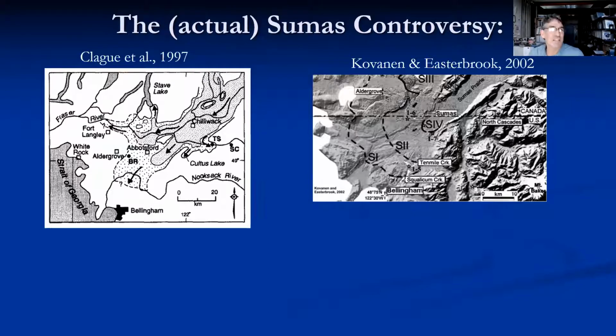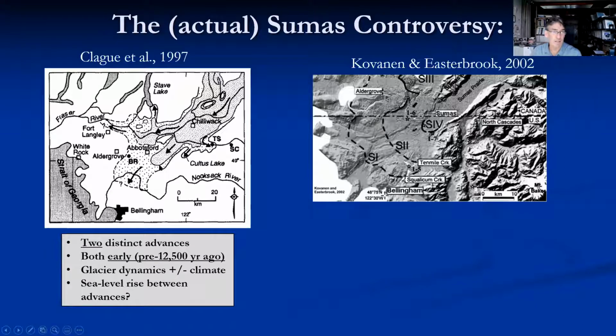The actual controversy is a set of concepts that have proponents. Dominantly, the one that was developed north of the border was developed mainly by a Simon Fraser professor, John Clague, and colleagues. And he published a paper on it in 1997 that sort of codified their ideas of what was going on there. And in their view of this event, what you're seeing here in this map is sort of what they're seeing as the deposits related to two different advances of the Cordilleran ice sheet during this Sumas time interval.